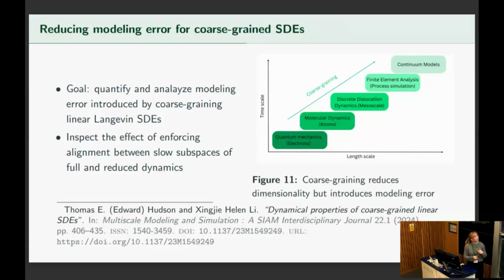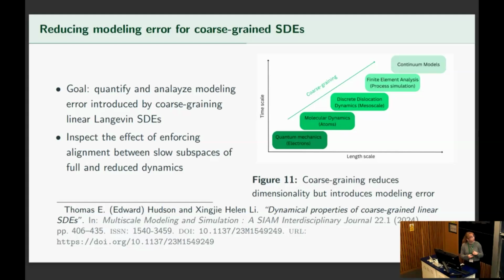So first, this is some ongoing work on a coarse graining approach, which I'm sure people have seen before for material science, but in the case where we have full atomistic models and we want to keep track of all of the atoms in a system, that requires a high number of degrees of freedom, and we can use coarse graining approaches to reduce the number of degrees of freedom in our model. And specifically in this work, I focus on two coarse graining approaches that can be viewed as formulations of the Mori-Zwanzig formalism.